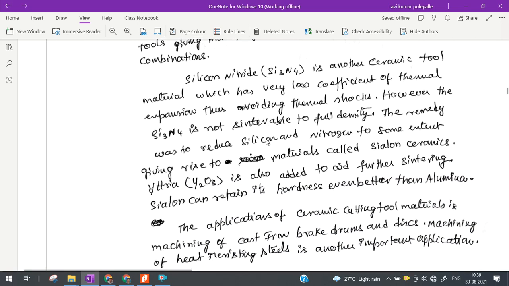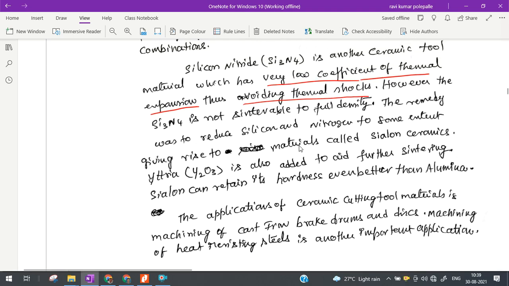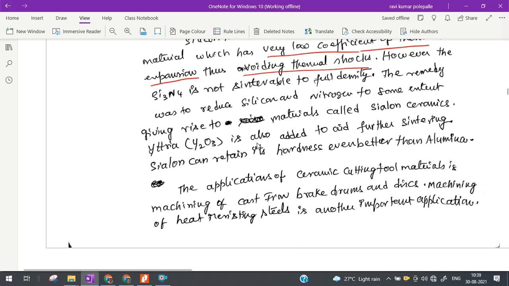Next, still another ceramic material which is popular is silicon nitride, Si3N4. This material has a very low coefficient of thermal expansion, thus avoiding thermal shocks. However, the problem is that silicon nitride is not sinterable to full density. The remedy is to reduce the silicon and nitrogen in the stoichiometric quantities and add